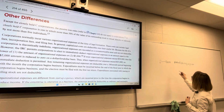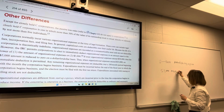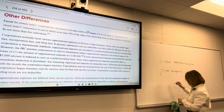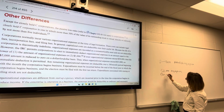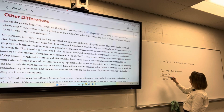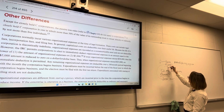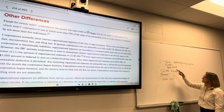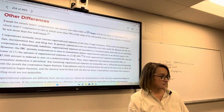So the amount that you can't expense. So for example, if we paid $52,000 in organizational expenses, what we're going to do is subtract the $50,000 max. So we are $2,000 over, which means we're going to subtract 2,000. We can now deduct 3,000. Immediately deduct 3,000. The rest of them, the other $49,000 of expenses, we're going to have to amortize over 15